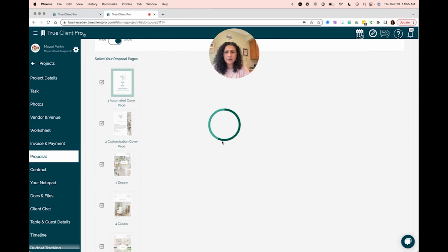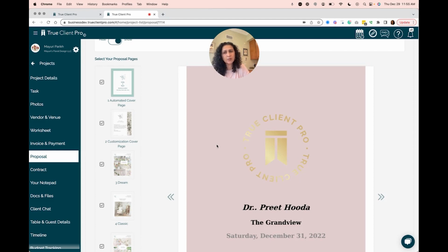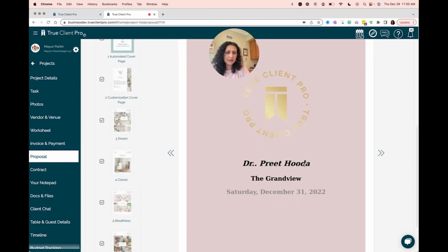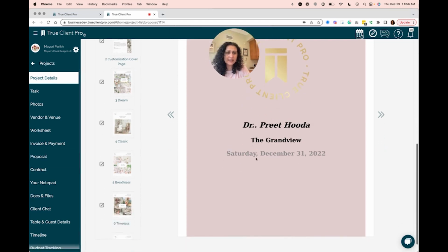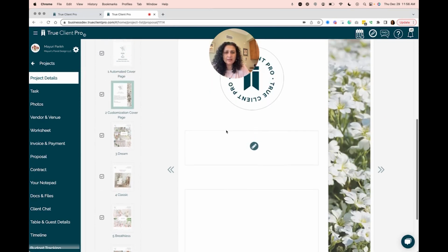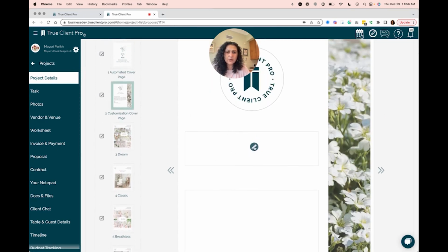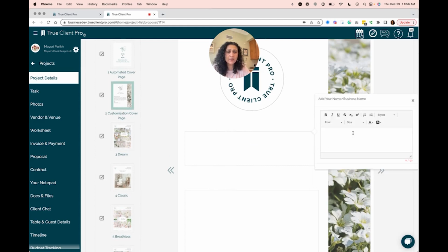adding the actual information. Now, the information on the proposal does populate from various parts of the software. The automated cover, the name as the client puts it, the location comes from the project details. So I'm not going to do this. And then the date is the project end date. But when you start customizing, this is where you can add the client's photo. You can go ahead and write maybe your credentials, such as the owner and leader or lead designer, whatever it